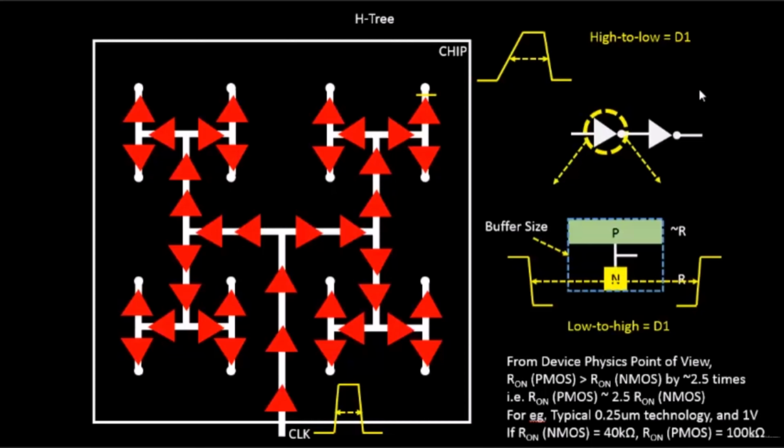Hello everyone. In the last video we came up with a solution of increasing the size of the PMOS, by which we can control the rise and fall transition time. Basically we came up with a solution to match the rise and fall transition time. So what we did, we used a buffer which was big enough compared to the original buffer size, but the advantage that we got was that the resistance of the PMOS and the NMOS were matched, and as